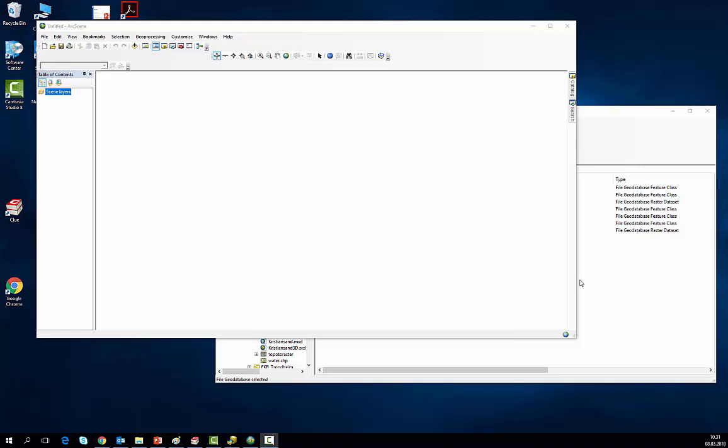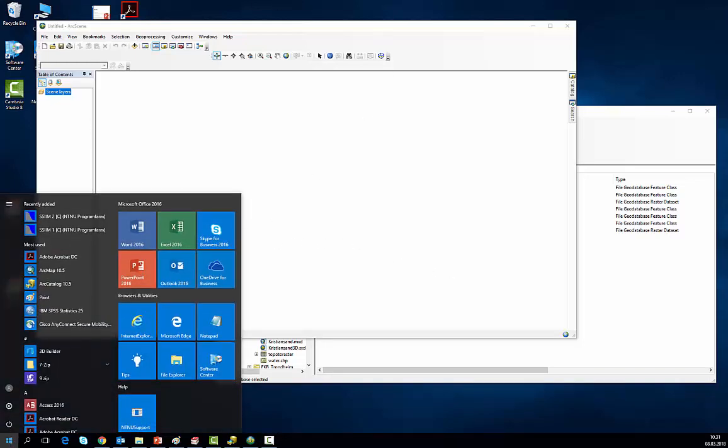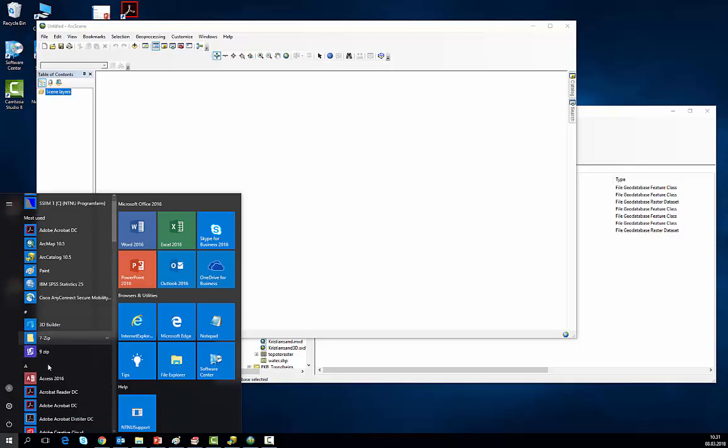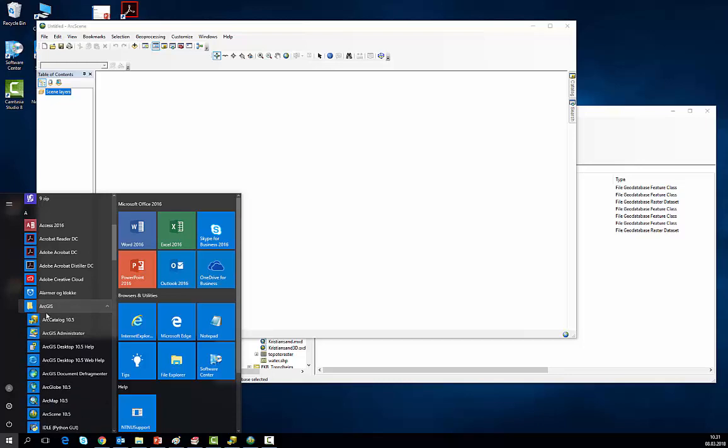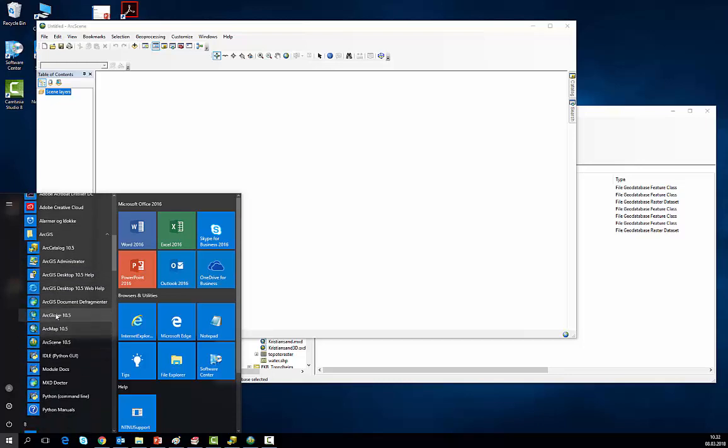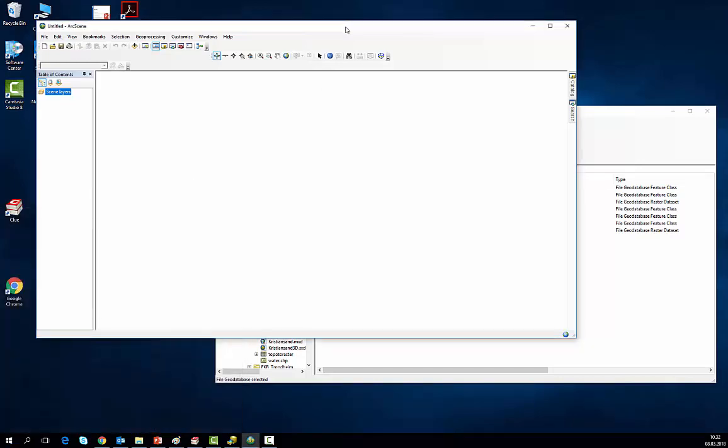I'm going to show you some of the things you can do with three-dimensional data in ArcScene, which is open here already, but you will find it here down to the left. If you find the ArcGIS installation, you find it among the many things here. Here is ArcScene, and just click on this and eventually ArcScene will open. And I'll open it here with an empty